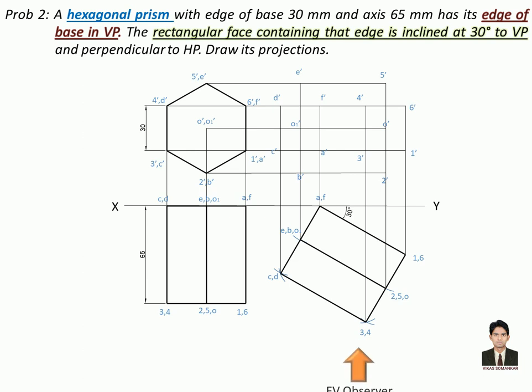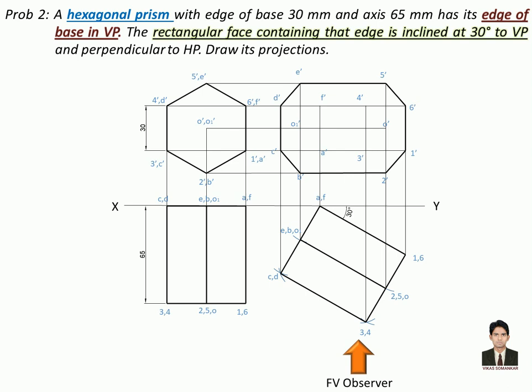So this will be the position of front view observer. Using this observer position, we will complete the projection view, which is the front view of the second stage. So the first point in the guidelines of the projection view is we should complete the outlines or boundary of the object. Looking at the diagram, you can easily see 5', 6', 1', 2', B', C', D', E' and 5' becomes the boundary of the object.